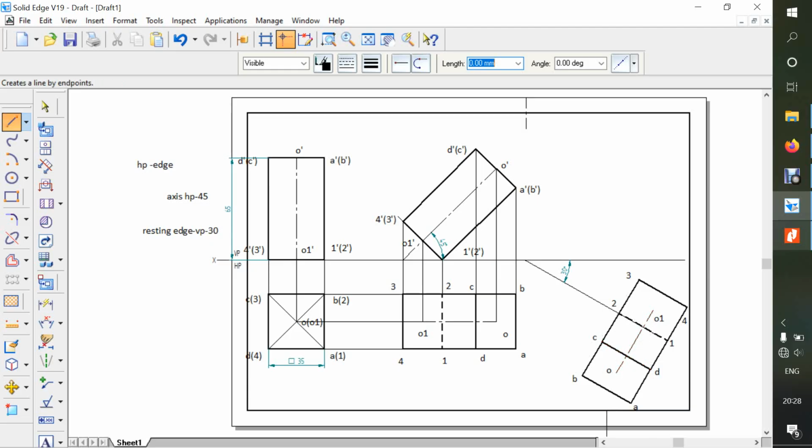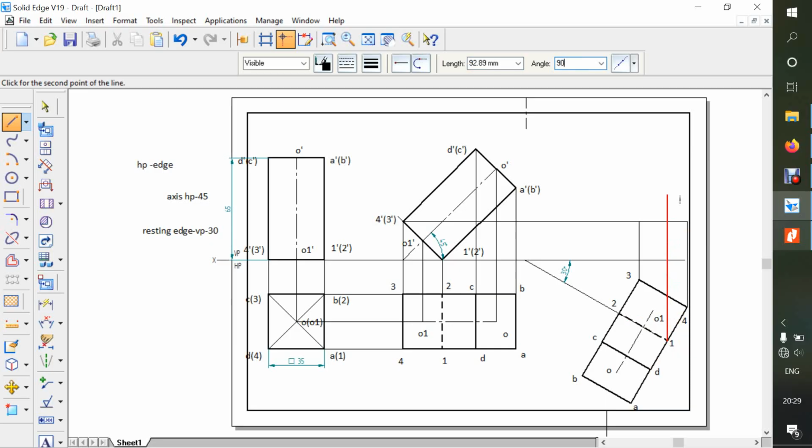So now again we'll repeat the same. We'll have to have projection lines. So we'll go one by one. Say for example the extreme one is 4. Now again we'll repeat the same method. Press tab and enter 90 degree. So where is 4? 4 is here. You can click and click on the 4. So next we'll go to the 3 because it is on the same line. So we'll go to the 3. Okay, so next we'll go to the 1.